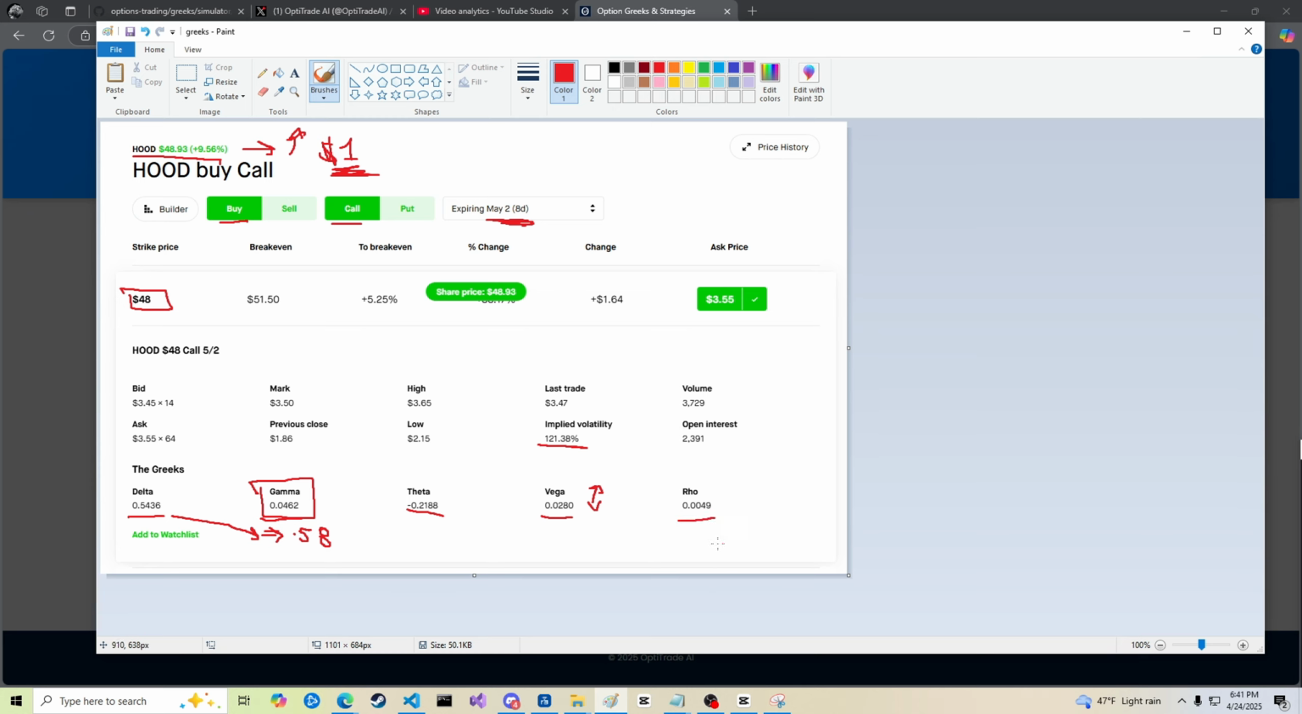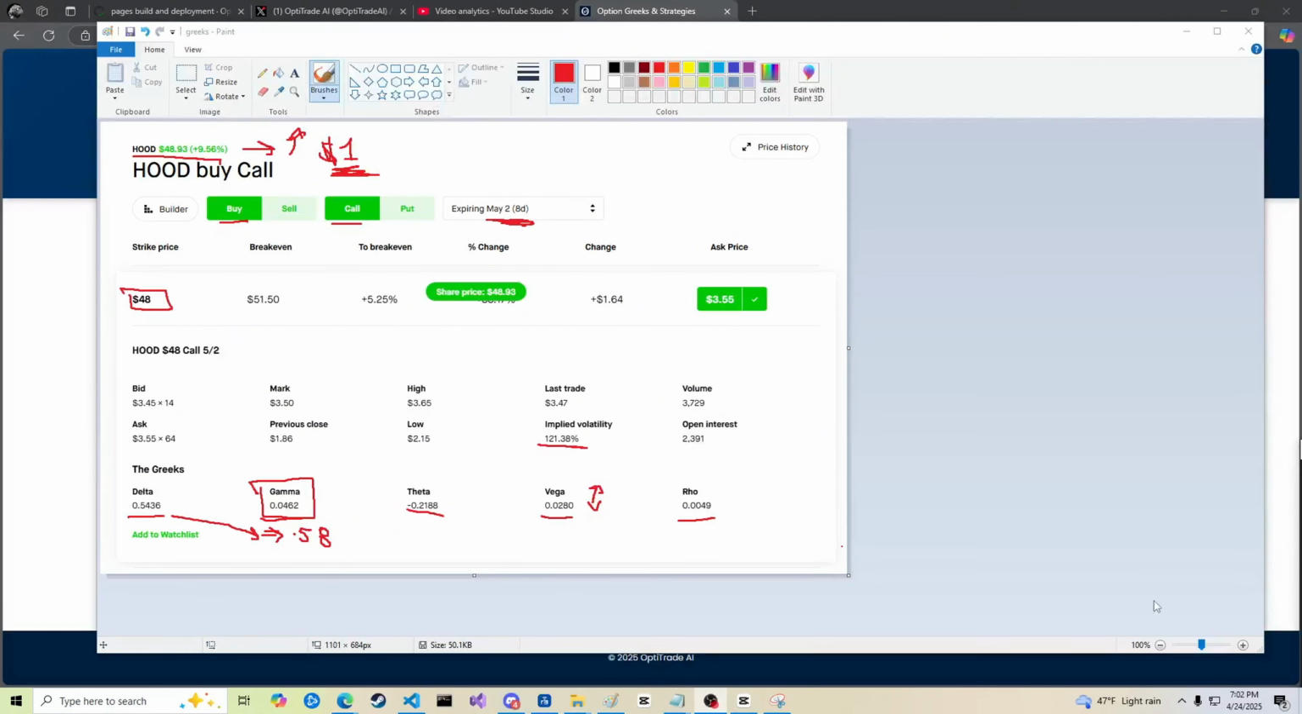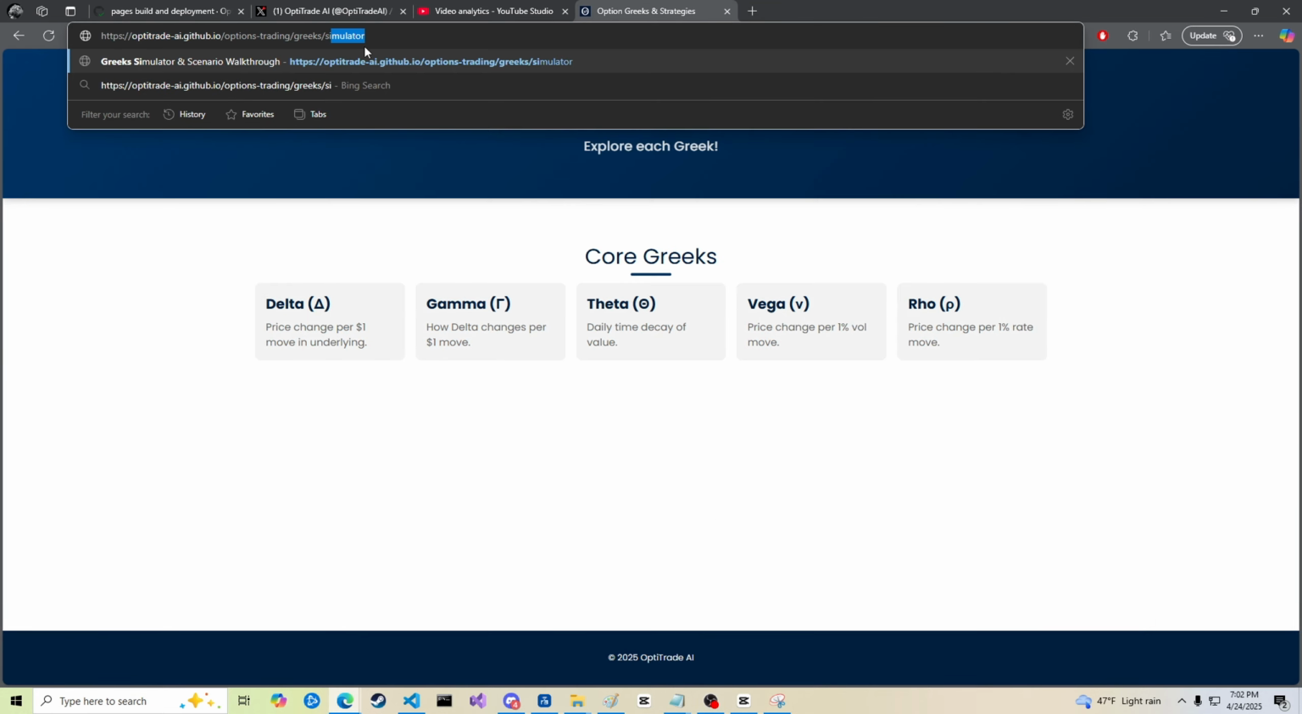And then finally, talking about rho, it's basically zero in this particular example. So if we had a rate cut or a rate hike, it's really not going to affect this particular options contract. All right, now that we've gone over a real options contract example, we can head over to the simulator